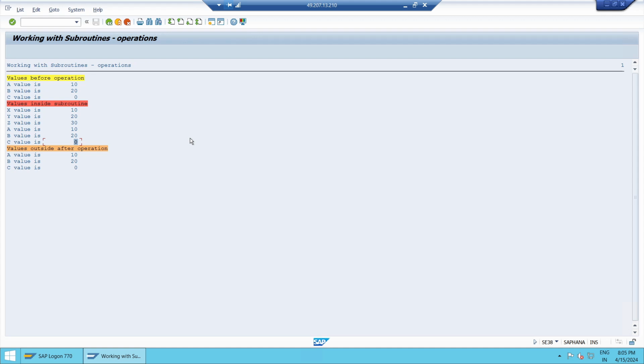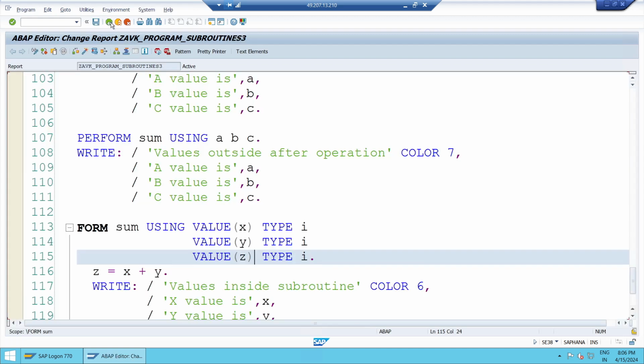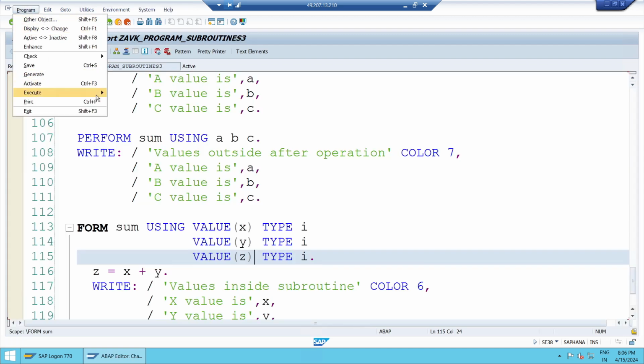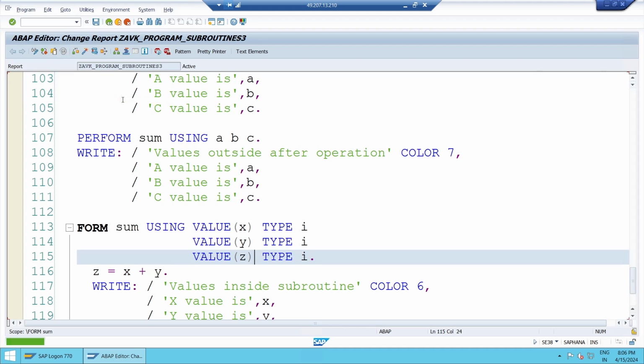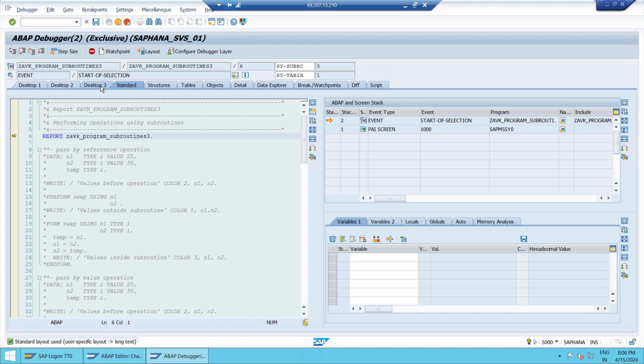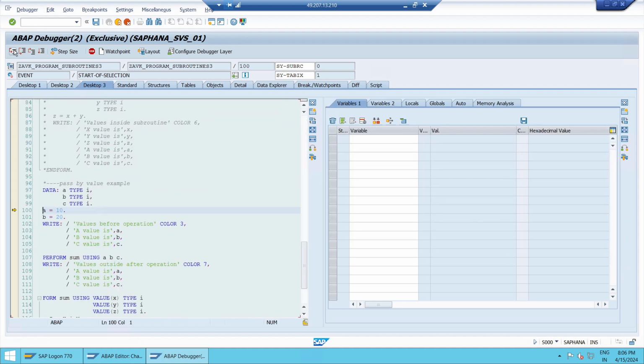What happens? Z value is 30, but C value still remains 0 only. Whether you test inside or test outside, it is 0 only. That is, it doesn't have any impact. So we will test it in the debugger, execute debugging. Yes. Now,